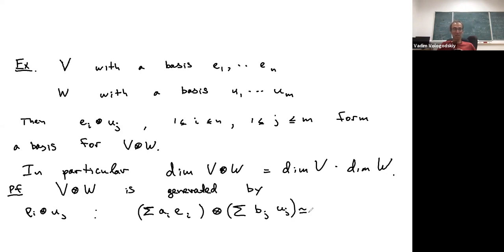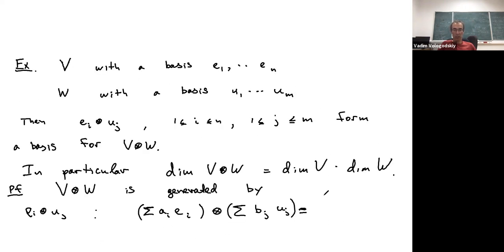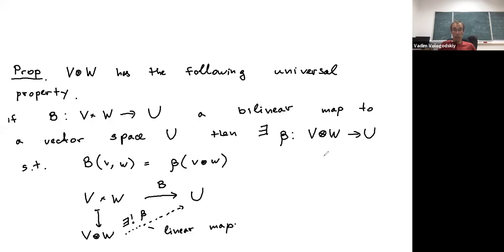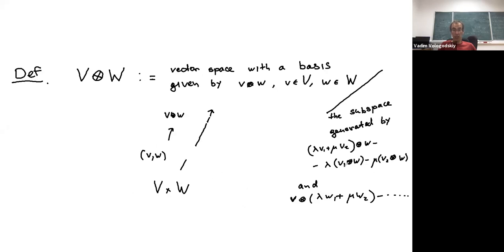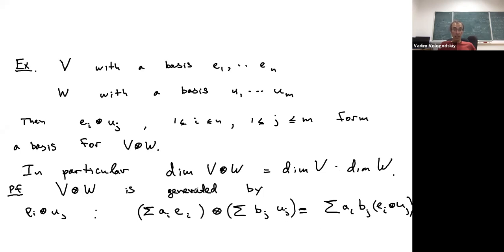And I claim that this is equal, in this quotient, to simply the sum of ai bj ei tensor uj. And in order to do this, you just use these bilinearity relations many times, right? So, for example, if your first vector is just a combination of two basis vectors, then it suffices to use it once. Okay, so at least we know almost for free from the definition that these vectors generate the